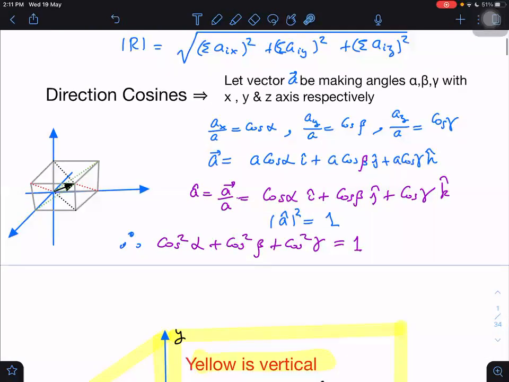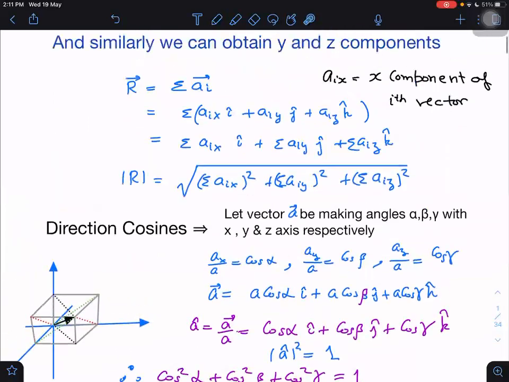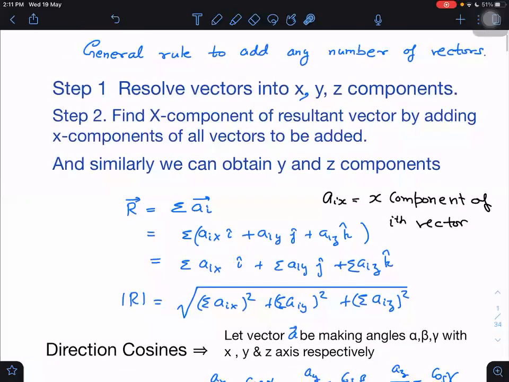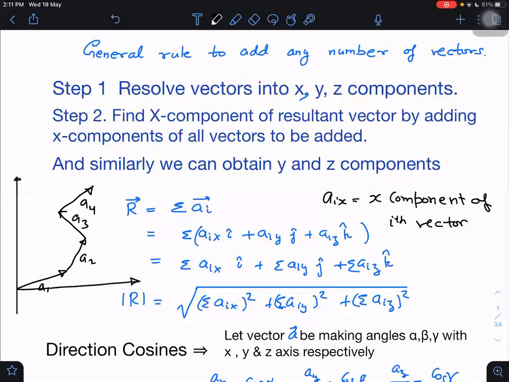Then we have direction cosines. Sir, this is for addition, no, sir? This is for vector addition. When we have to add, yes, many, let me give one example. For example, if I have a vector a1, another vector a2, third vector a3, fourth vector a4, there could be a large number of vectors and I have to add all these up. Then I will do this thing. What will I need to do first? First, I need to know the components of each vector. If somebody has already given me, sometimes the examiner himself gives them in terms of components.